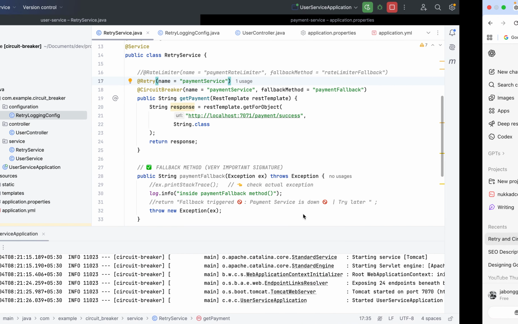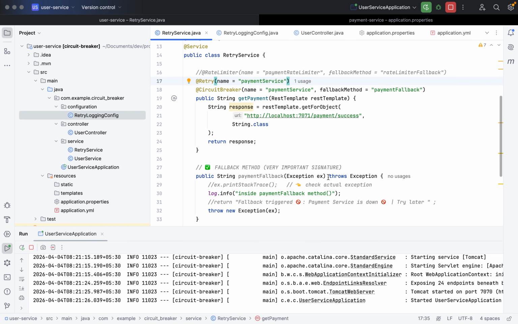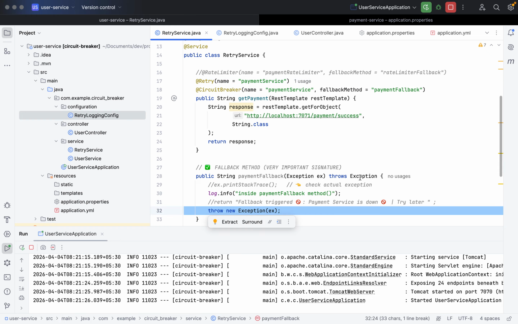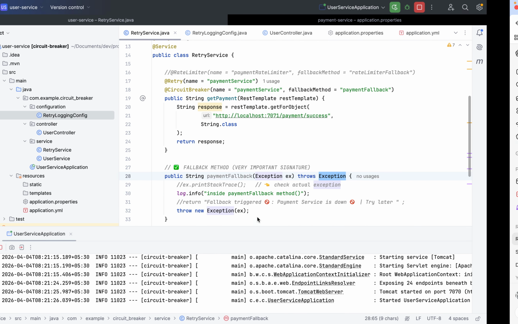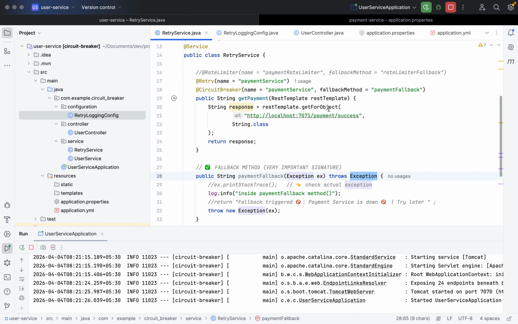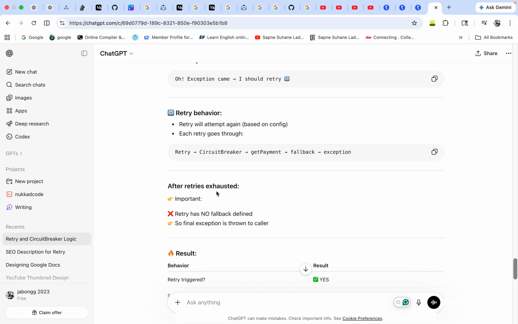Whatever exception comes here would be thrown to the caller. So who is calling this method? The fallback method is called from circuit breaker, then it will finally reach retry, and retry will send it back to the caller. So the final exception would be thrown back to the caller, and the caller is user service, right?